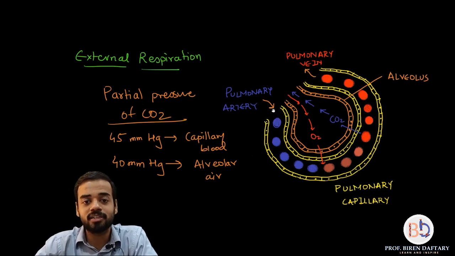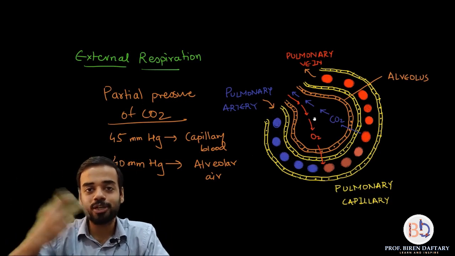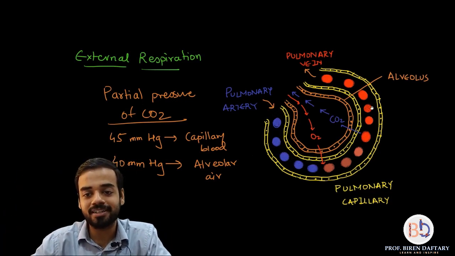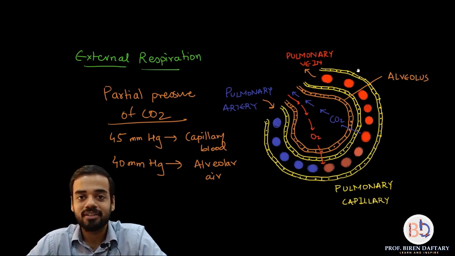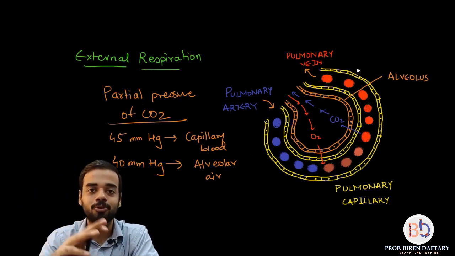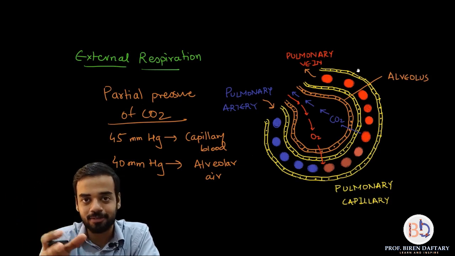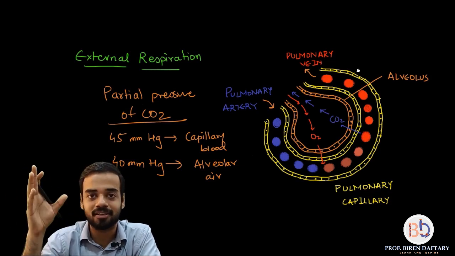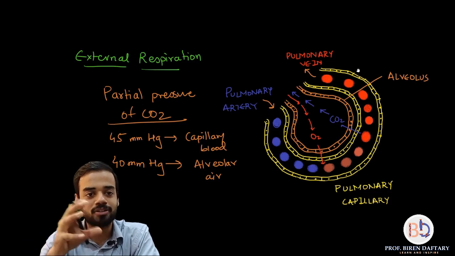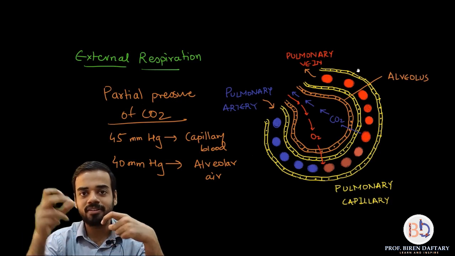So in this diagram you can see that this blood which is coming, it is initially deoxygenated, so I have shown blue. Then as that blood moves more and more, oxygen keeps on dissolving, so by the time it reaches over here, it has become red in color. Is this clear? Okay, please remember, pulmonary artery and pulmonary vein both are carrying opposite things. Pulmonary artery is carrying deoxygenated blood, pulmonary vein is carrying oxygenated blood. Is this clear?